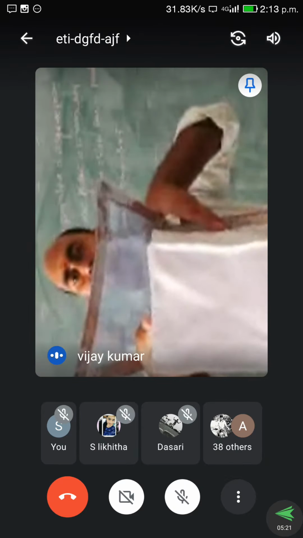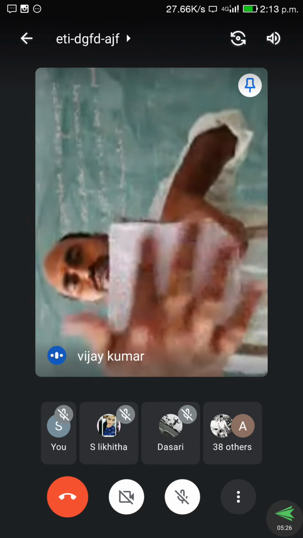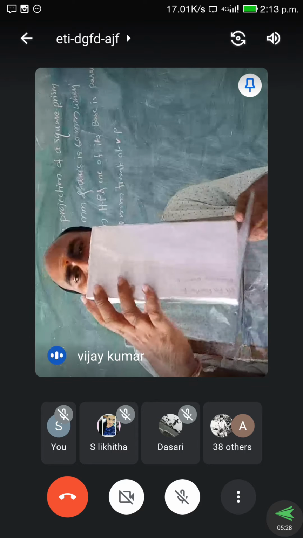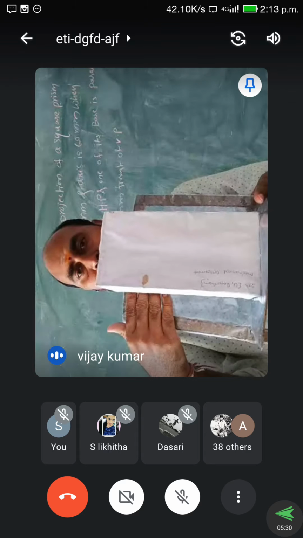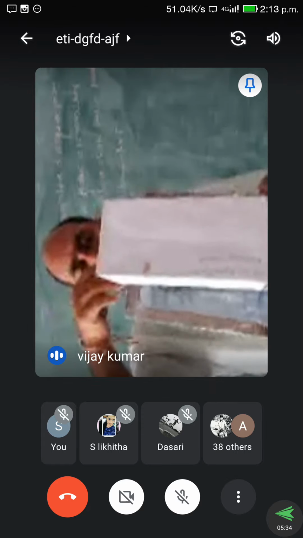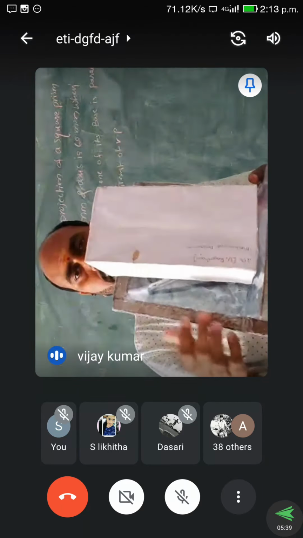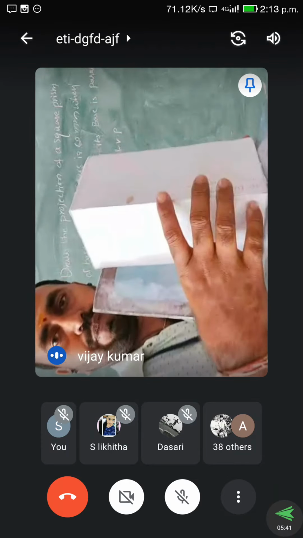This is the top view. When you are observing from the top, this portion will appear. So the 10 mm distance must be maintained from the reference. Observing from the top, this distance 10 mm and the 25 mm base will appear clearly. So this is the simple position of a prism.